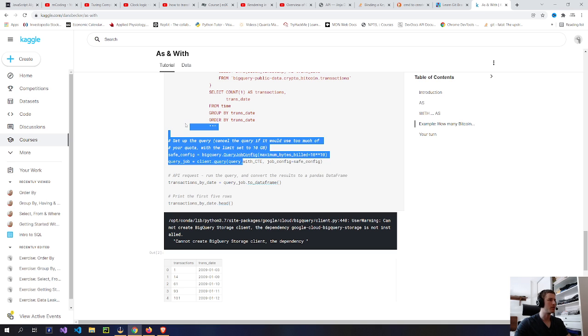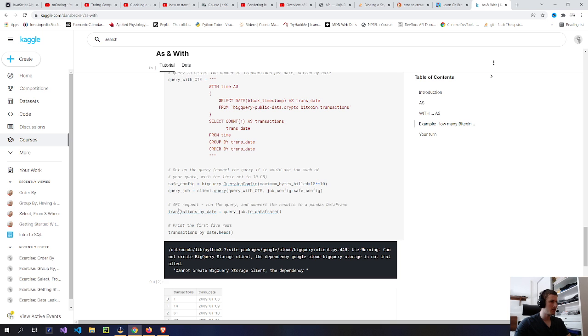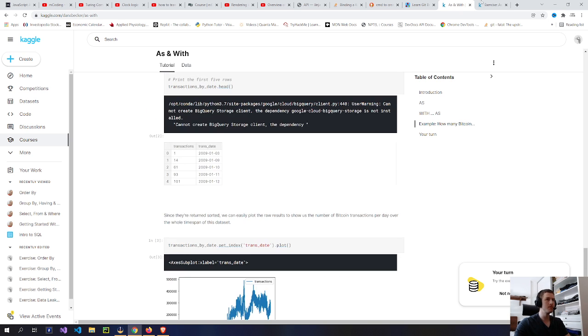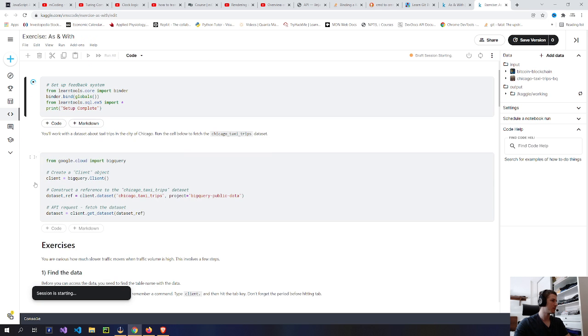Which is this thing used here? Query. Yeah, this is the query. Data frame. So now I think this one I'm gonna have to do because I didn't do it previously. So it's only creating the dataset reference and dataset, not creating the table. I already forgot how to do that, but